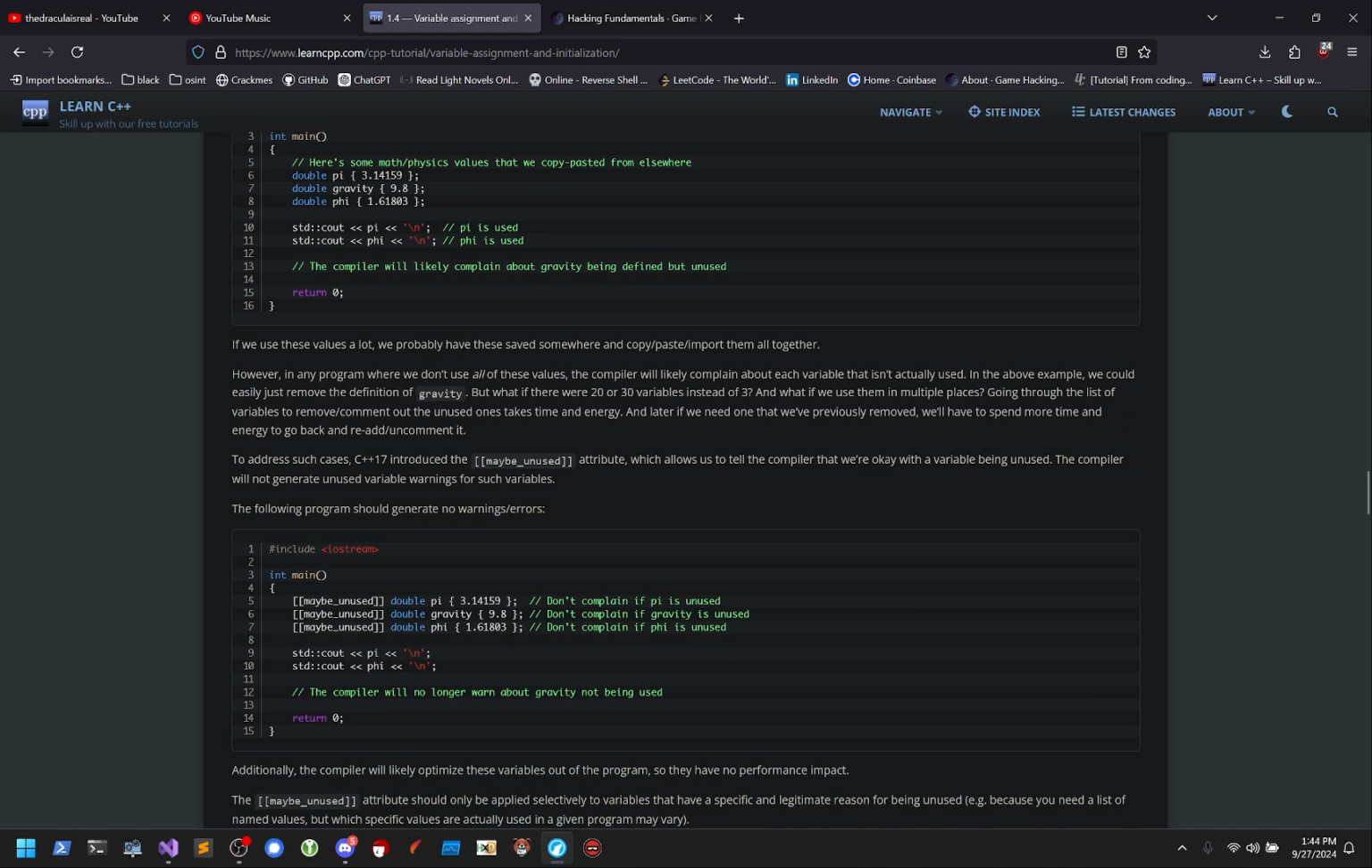If we use these values a lot, we will probably have these saved somewhere, copy paste, so import them all together. Now, in any program where we don't use all these values, the compiler will likely complain about each variable that isn't actually used. In the above example, we could easily just remove the definition of gravity, but what if there were 20 or 30 variables instead of 3? And what if we use it in multiple places? Going to the list of variables to remove or comment out the unused ones takes time and energy, and later if we need one that we previously removed, we have to spend more time and energy to go back and re-add or uncomment it. To address such cases, C++17 introduced the maybe_unused attribute, which allows us to tell the compiler